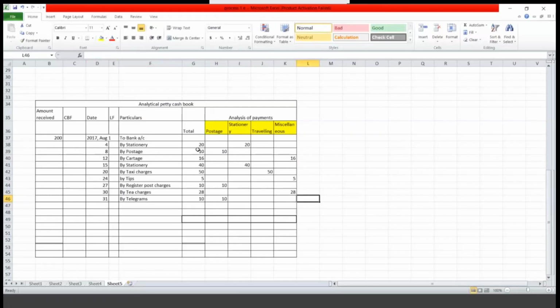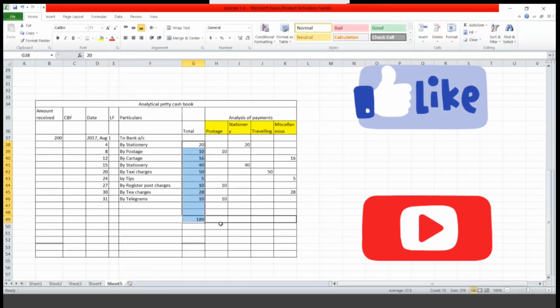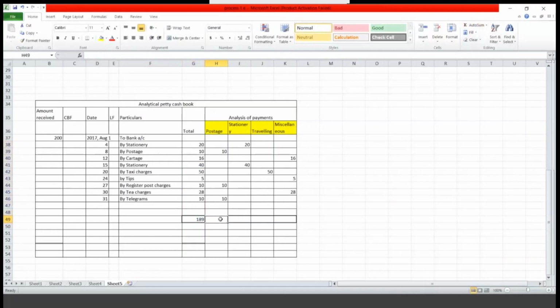Don't you think this is the simplest one? Simple cash book is also very simple. And after simple cash book, what do we have? Petty cash book is also very simple. In the subsidiary books, purchase book and sales book are also more and more easy. After this, we will be doing that one only.